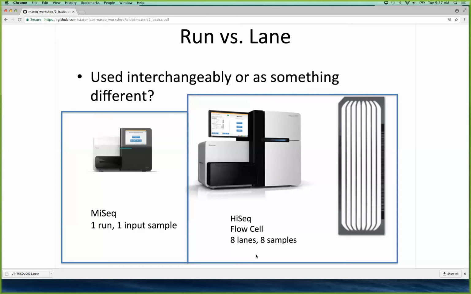Yeah. But I think the HiSeqs take like 11 to 14 days to run, and the MiSeqs are a little faster. Yeah, they take a long time. Some of the new ones are faster, but the HiSeq 4000s, if you do a paired-end 2x150, it's like 11 days to run. It's a whole process, and you have to wait. But they're getting so much data. I mean, they're getting billions and billions of reads out of those 11 days,